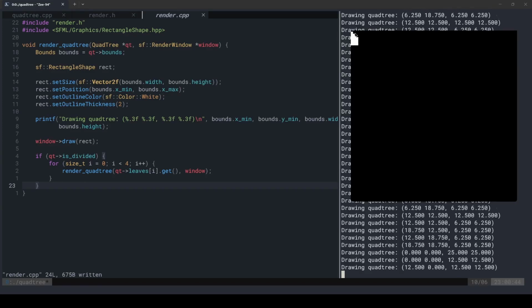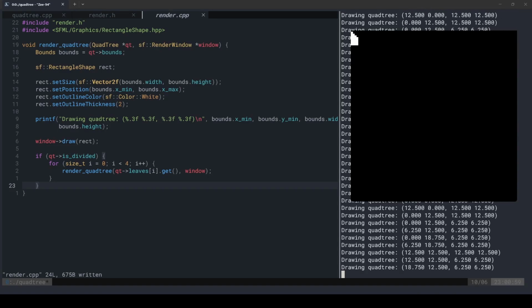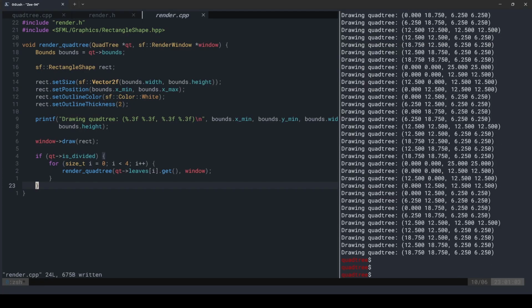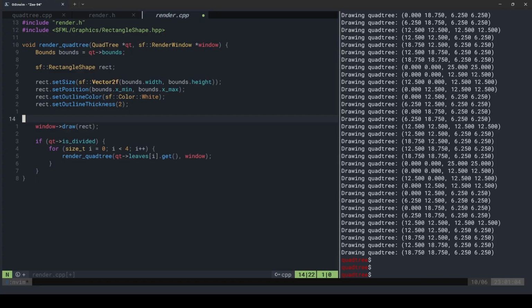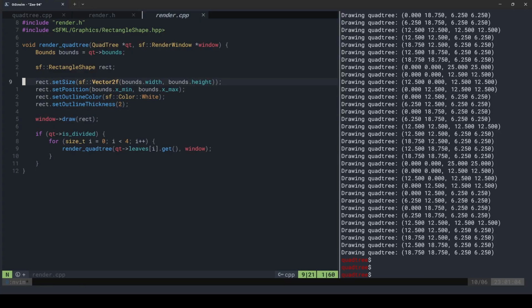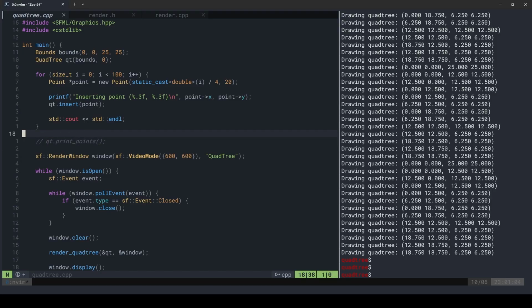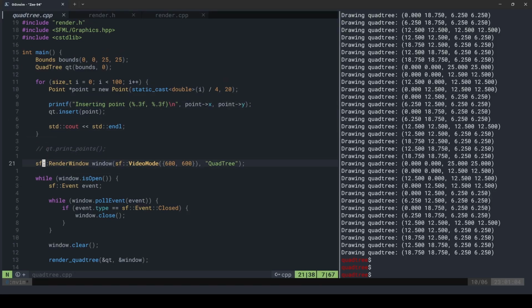The issue here is that this is a 600 by 600 pixel wide box, and we're trying to render something that is 25 by 25. So that's where the issue is happening. So let's close this for now. Let's remove this. So basically, what we want to do is to devise a scale, rather than treating this as the absolute value of the scale. What we could do is to set this to 25 by 25, which would make this a very small